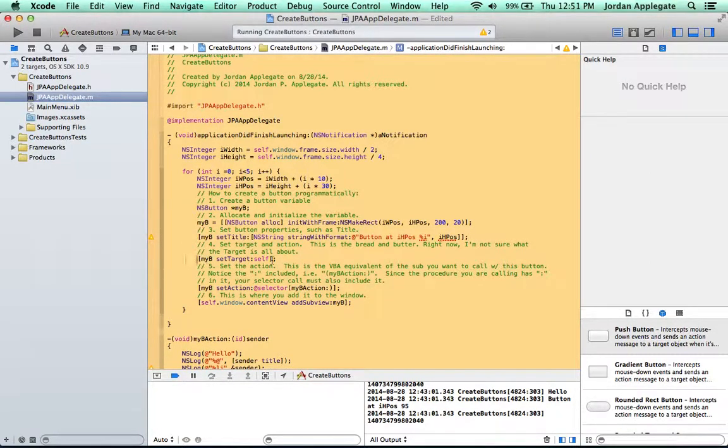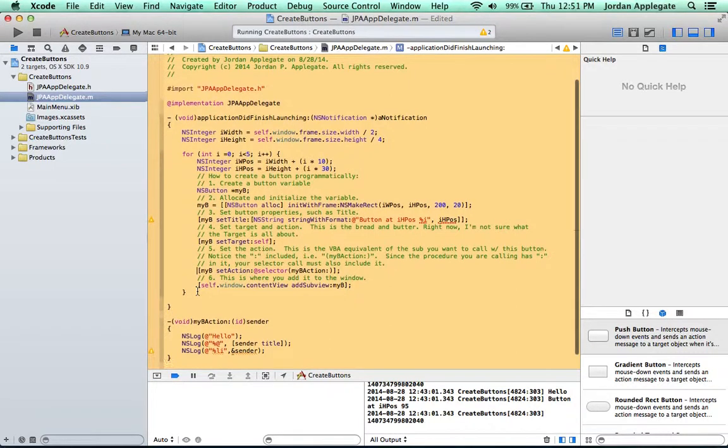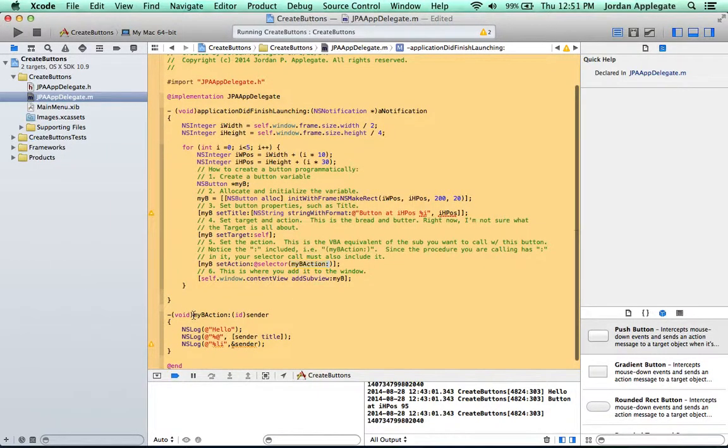Set target as self. Set action. This is kind of the equivalent of dragging your IBAction to the IBOutlet, or vice versa. So you're going to set the action at selector, and then this is where you're naming your function. This is the name of your function. And then if we look below, I've named a function